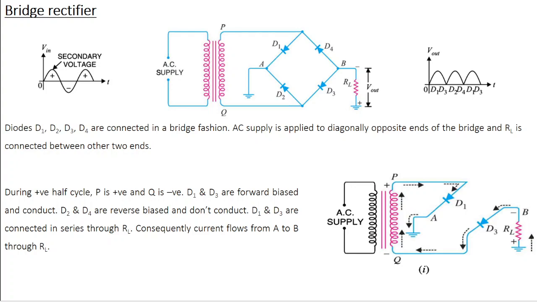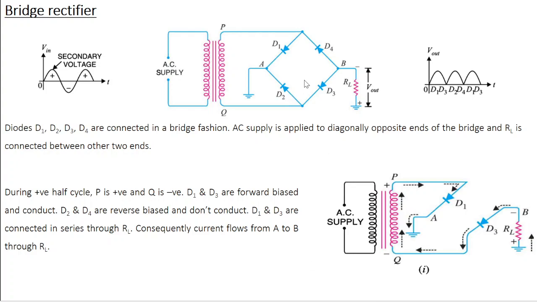In the last class, we discussed half-wave and full-wave rectifier circuits. In particular, we discussed the center tap full-wave rectifier. As I said, the center tap transformer is more expensive compared to a normal transformer, and also, if you look at the secondary voltage, each of the diodes will be able to utilize only half of the secondary voltage. That's why the output of a center tap rectifier is pretty small. So in order to overcome this, you can use a bridge rectifier.